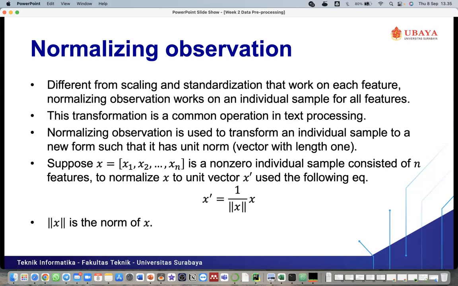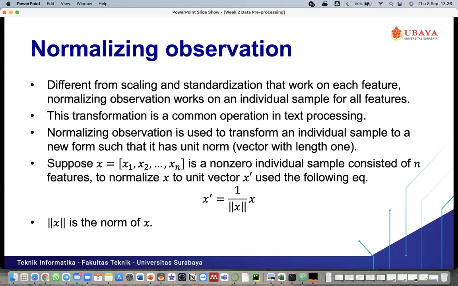Normalizing observation is used to transform an individual sample to a new form such that it has a unit form, a vector with length 1. We can assume that x equals x1, x2 to xn, meaning we have n features for one sample. So x1 is feature 1, x2 is feature 2, and xn is feature n, a non-zero individual sample consisting of n features.